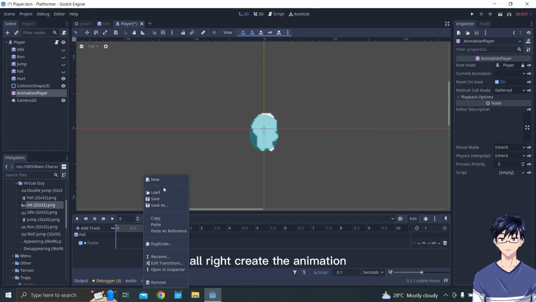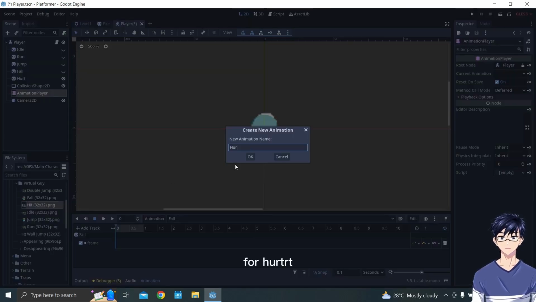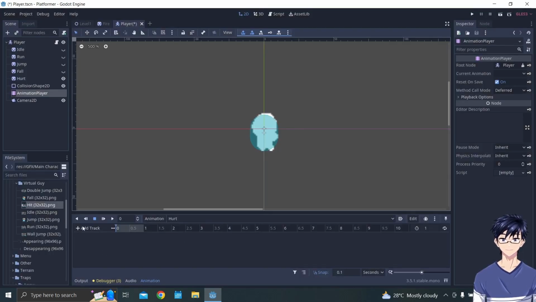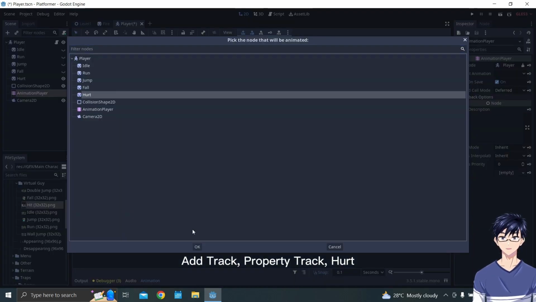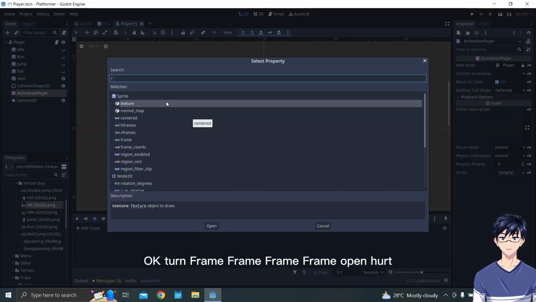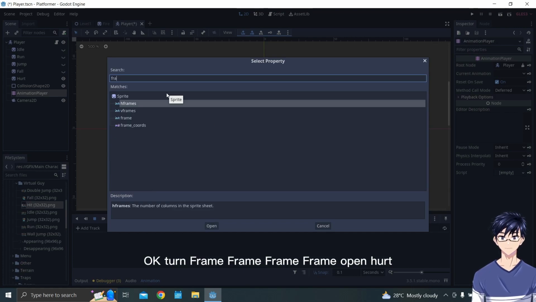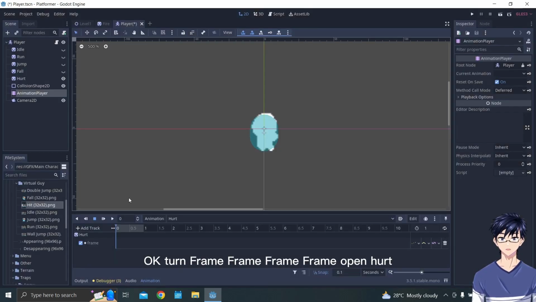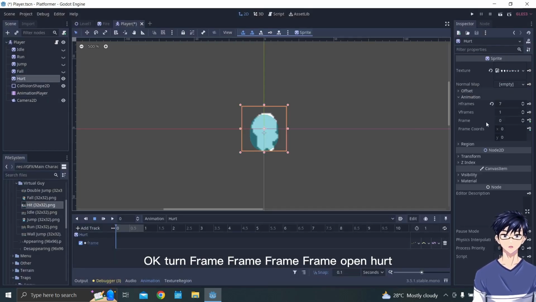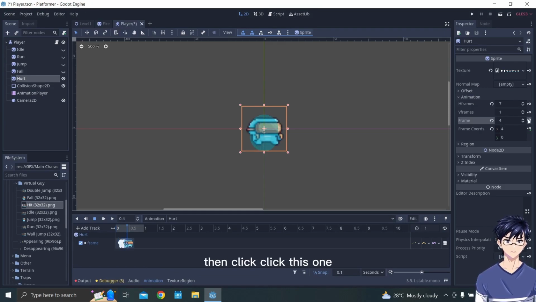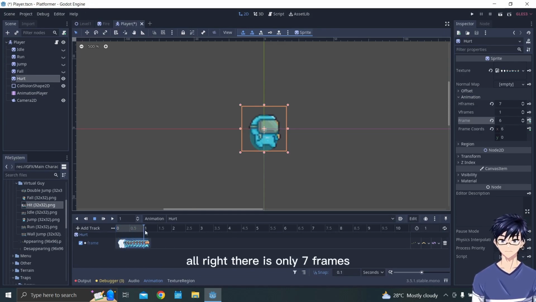Create the animation for hurt. Add property track, hurt. Okay. The frame. Open hurt. Then click this one. All right.